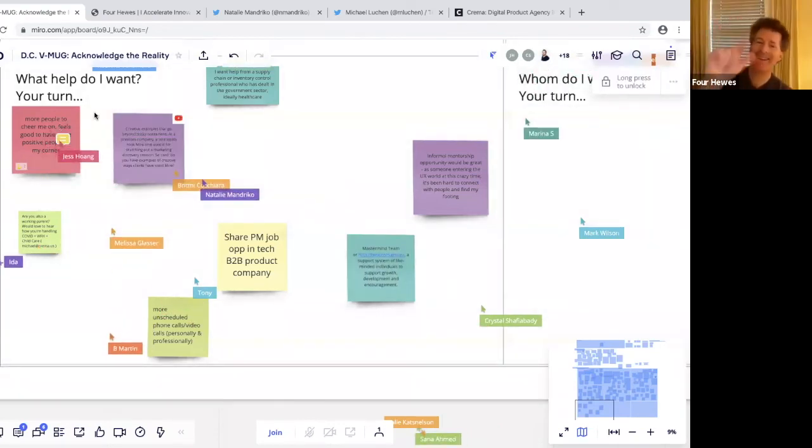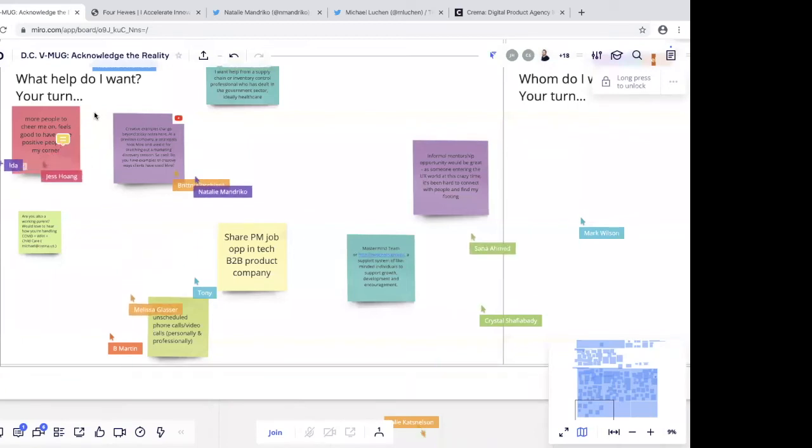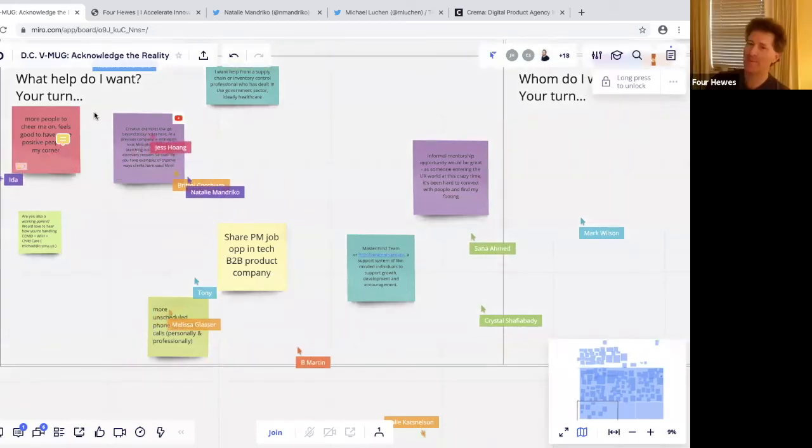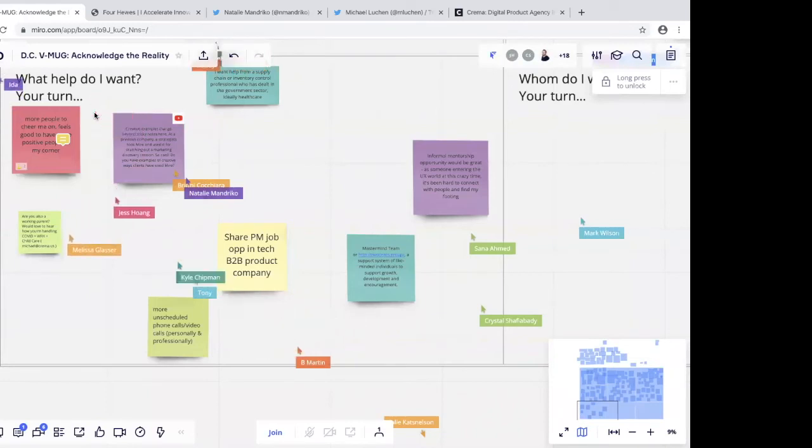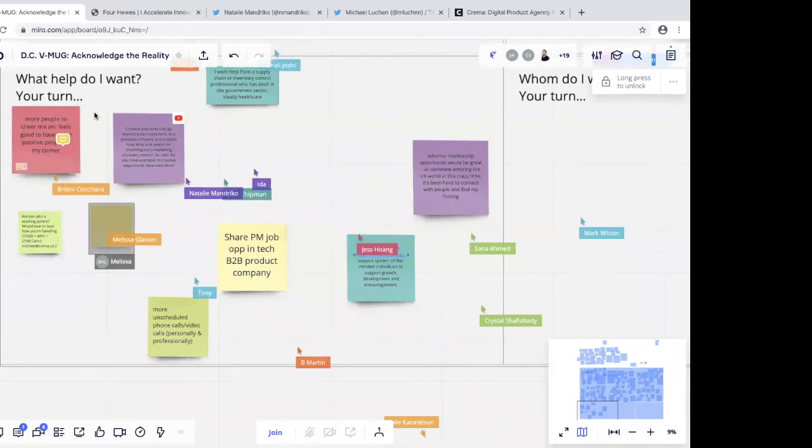Hi, thanks so much for hosting this, you guys. This is really awesome. I miss this so much. I think when life was the old normal, some of this connection was so taken for granted. Maybe that's a harsher term, but I think it's easy to say I got used to it, and now I'm like, wow, it's so nice to just have somebody say, good job, you're doing good work.